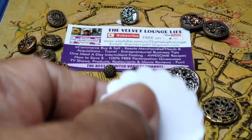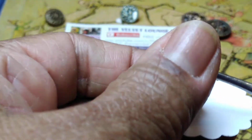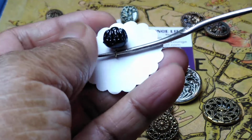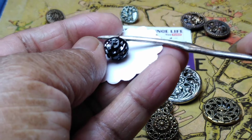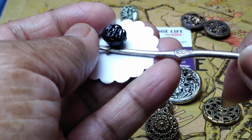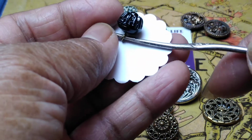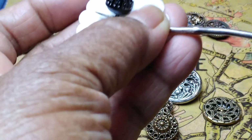was a pudding mold button. And a friend of mine and I both looked at this online, and I wasn't sure if it was a pudding mold, and I didn't know if they had a Jello mold button, and I wasn't sure if they had various versions of the Jello mold button or not. And I have to tell you, the reason that sometimes I call these pudding mold buttons is because if you